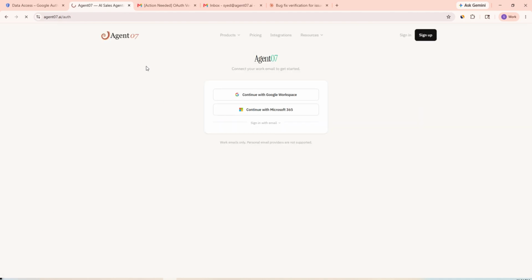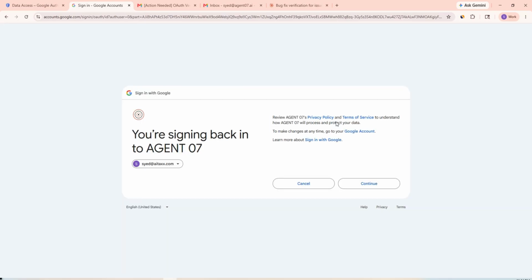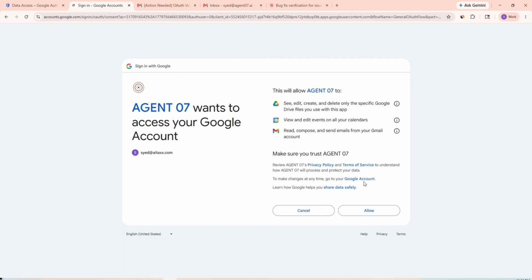So just to show, this is our home page, and I'm going to show the login process here. This is Google Workspace authentication. We identify the authorized user and the OAuth consent page. There's an exact client ID. And as you can see, only three accesses are being requested now as per the email,